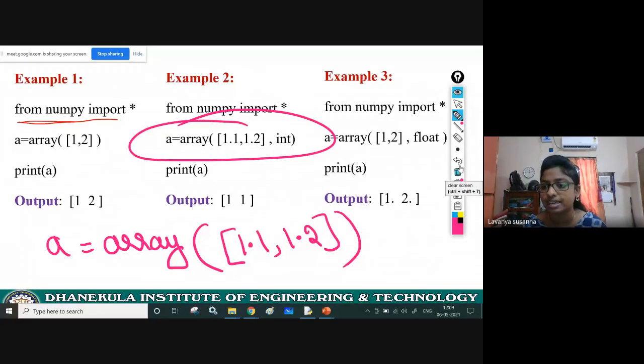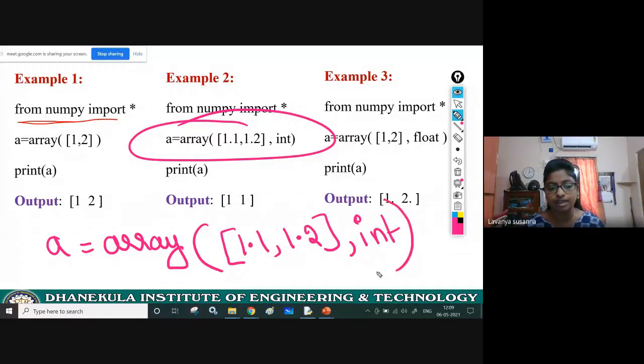But see what I have given here: comma, int. I have specified the type here. Here 1.1 and 1.2 are not displayed like that. Only integer values will be displayed. The fractional part will not be displayed because here you have specified int.